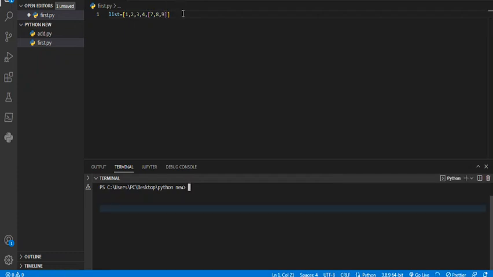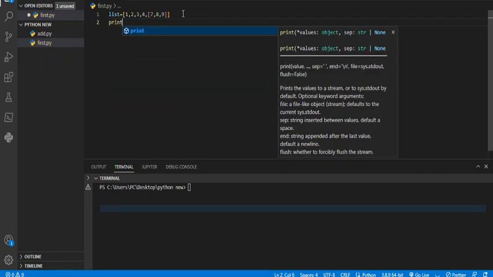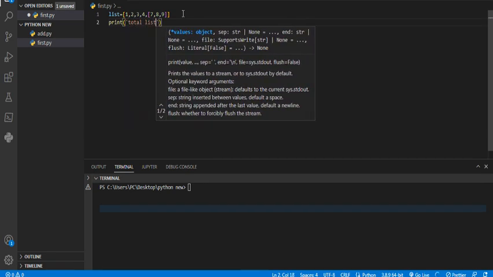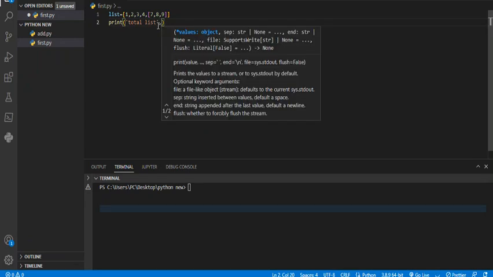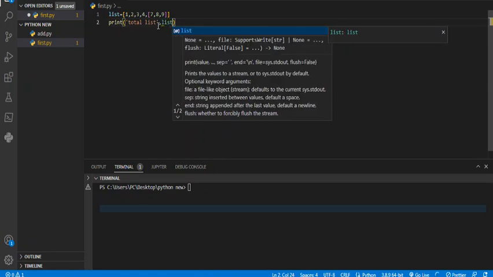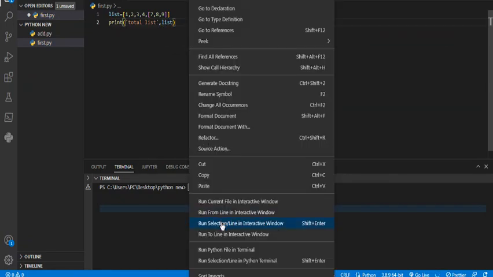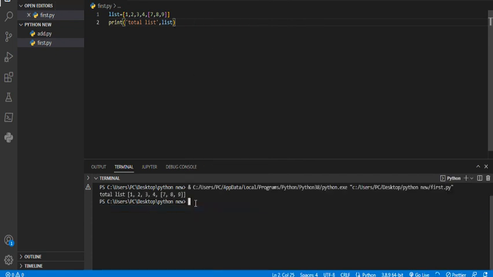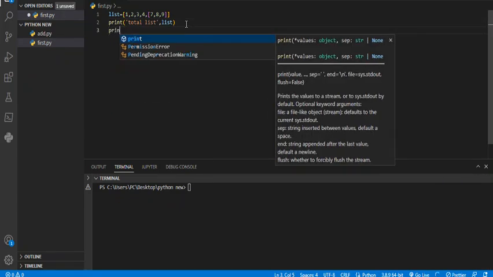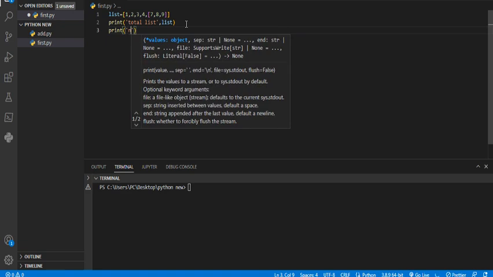And how do we access this nested list? Simple thing: using a for loop, you can access the list elements. Suppose you want to print the total list, simply print list. See, we're getting the total list here. But I want only this 7 8 9 nested list. The indexes are 0 1 2 3 4, so print nested list is,